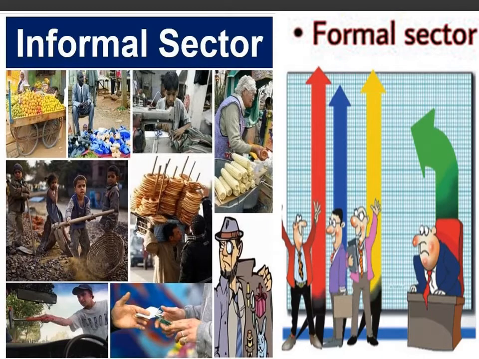We have a lot of people here. Even, we can say, in Bahria Town, they are making their frozen food and selling it by means of social media, especially on Facebook. This is because they are not registered with the government. They are not paying taxes to the government. So they are, we can say, employed, or earning, in an informal sector.